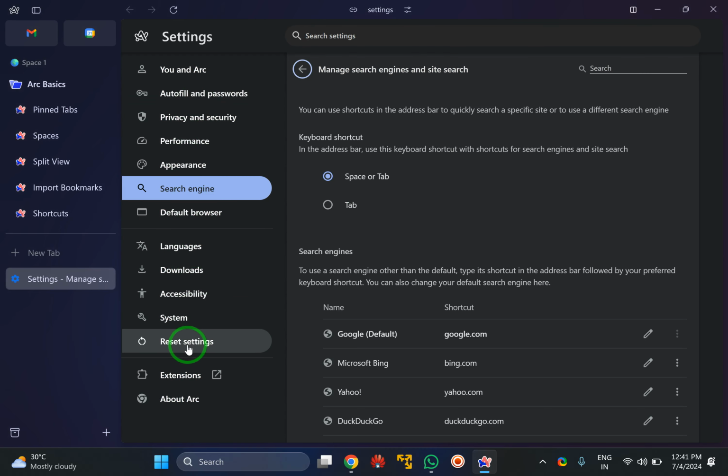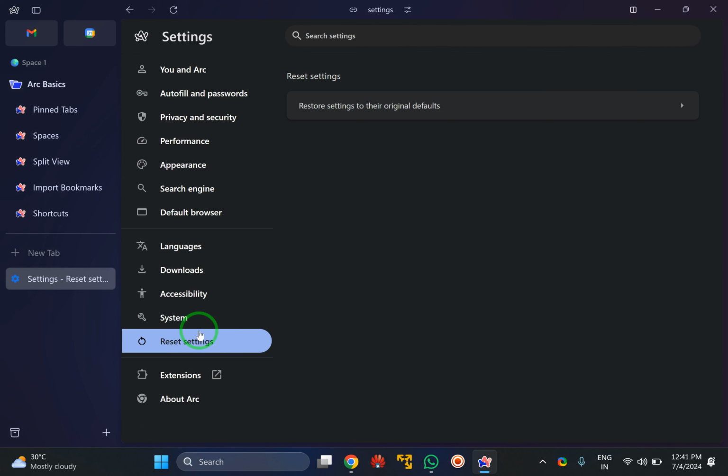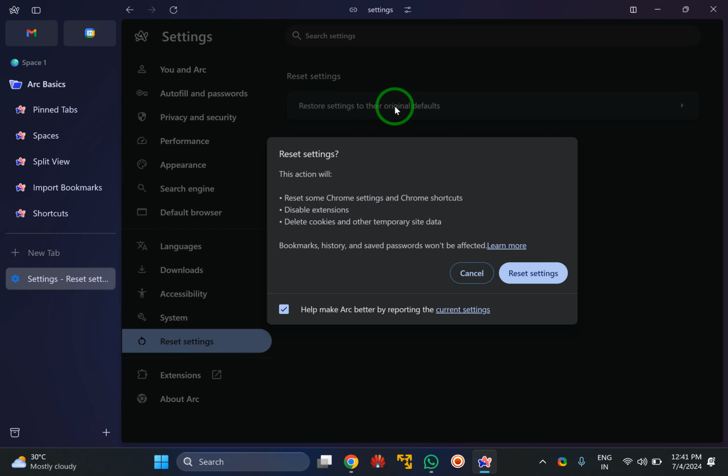After that, choose reset settings in the left sidebar. After that, under reset settings you will find this option: restore settings to their original defaults. Click on this. Here you should notice this will reset some Chrome settings and Chrome shortcuts, disable extensions, delete